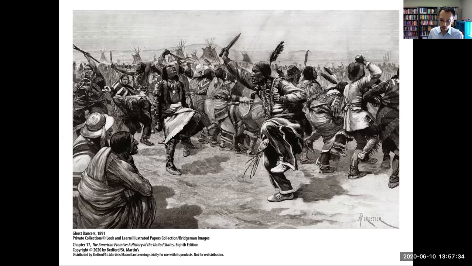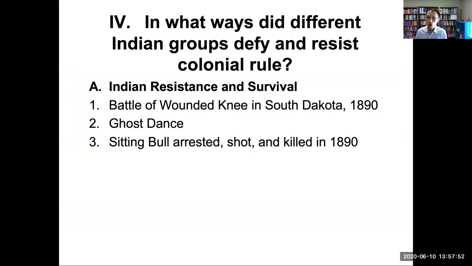As they performed the Ghost Dance with such frequency, white settlers began to fear that there might be another uprising coming. So the militia prepared to round up the Sioux, and the tribe, after the death of Sitting Bull, who had been arrested, shot, and killed in 1890, were now prepared to surrender. So they tried to surrender. The details remain murky, but eventually the white troops massacred between 150 to 300 men, women, and children. So with this last show of brutality, the Indian Wars came to a close.